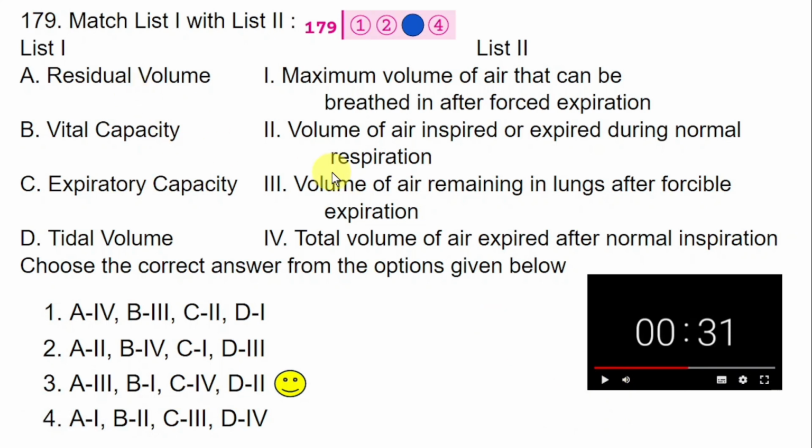The first match was the only match in all the options and it helped you arrive at the right answer quickly. So you were lucky that this question came in the match format. What if it was asked in this way? What is residual volume? And these were the four options. Or vital capacity. So you need to clearly remember the definition of all these terms related to the respiratory system. So one by one, we will get clarity of these terms.